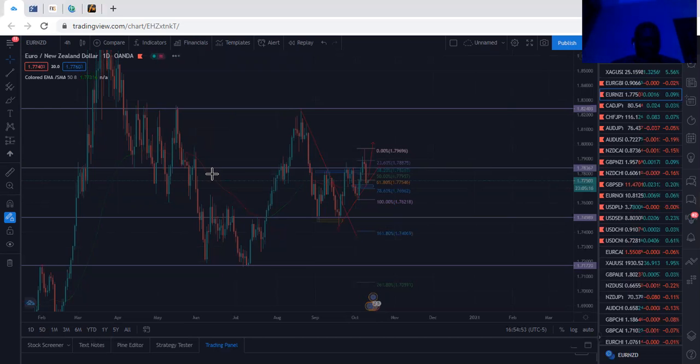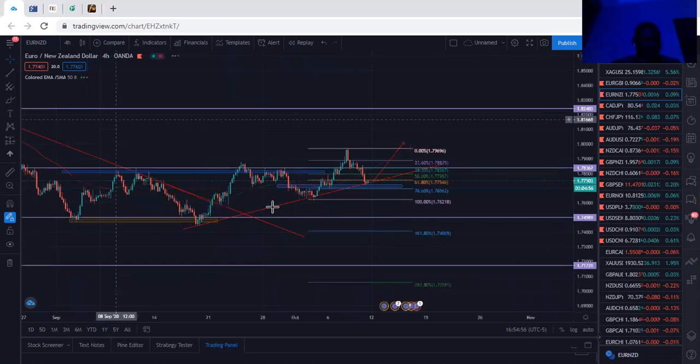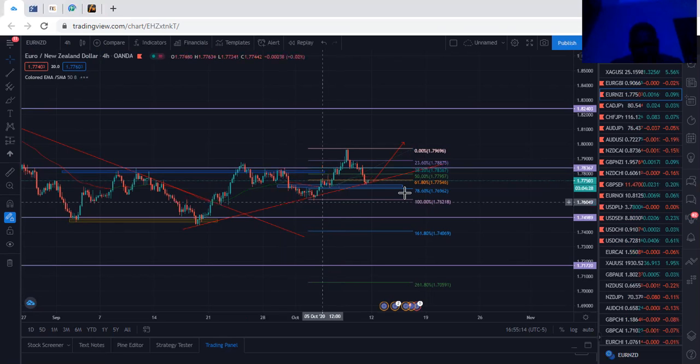So as you can see here, the price is more like in a channel. This is the bottom of the channel here. As you can see, this is the third touch on the line. So there is a high possibility that price will go up from here. Why do I say so? Because price is currently at the H4 trend line, the 4-hour trend line. Not only that, it is at a horizontal level.